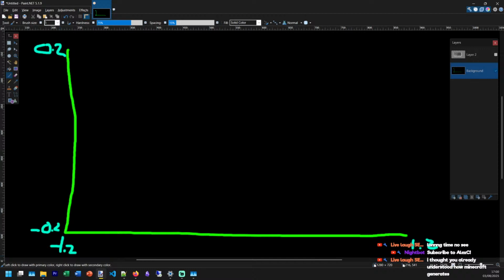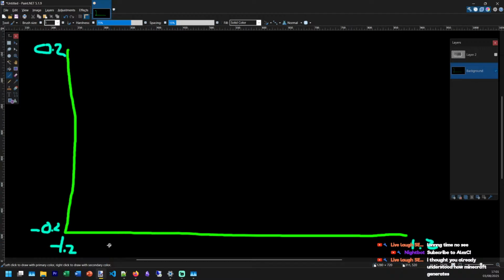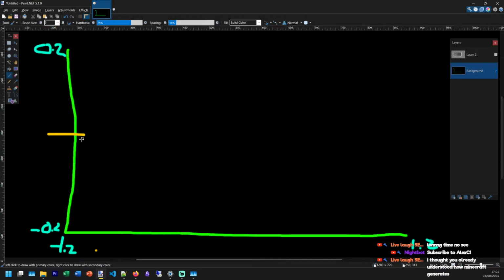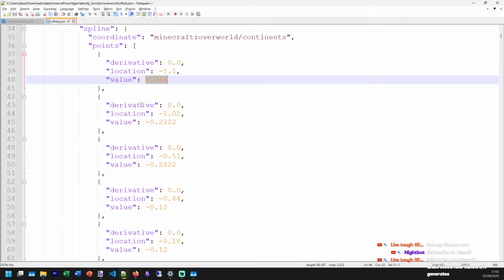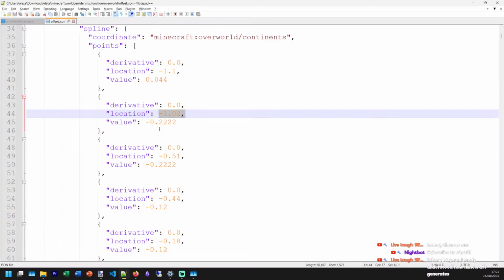Right, so what we're going to do now is try and map this out. So negative 1.1, that's there. The value is 0.0, pretend that's the midpoint. What's that? 0.04, so let's just say that's right there. Negative 1.02. Do you know what, we'll just go in evil, evil? Damn it, I hate words sometimes. Equal, not evil.